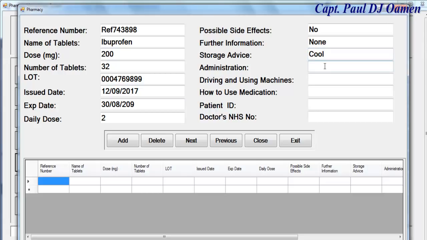And in here administration, let's say none, not applicable. And in here, let's say iced, and in here no driving